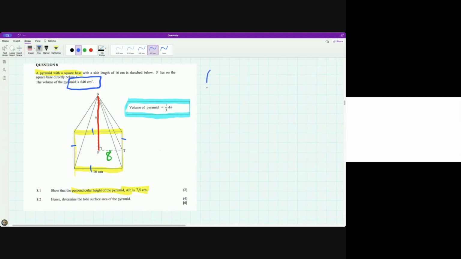What if I said 640 equals 1/3 times area times height? Now, the thing I want is this height. If only I knew what the A was. Could anybody tell me what the A is? So the A is not 16, but you're on the right trail, because remember, this is the area of the base. So the area of the base is going to be